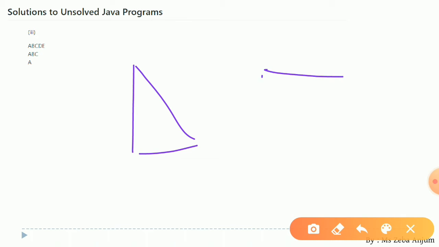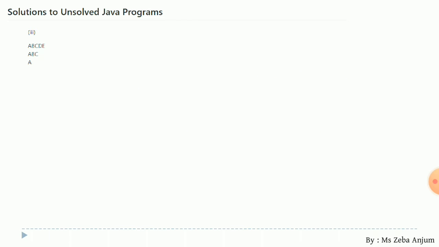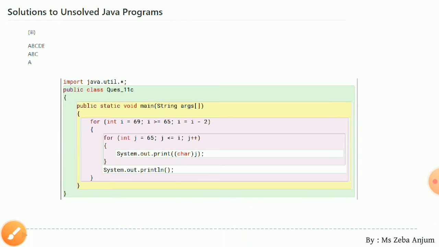And if you were taking the inverted triangle, then at a single time only one letter is being decremented. But over here, at a single time two elements are being reduced. So we have to make a slight change in our for loop.